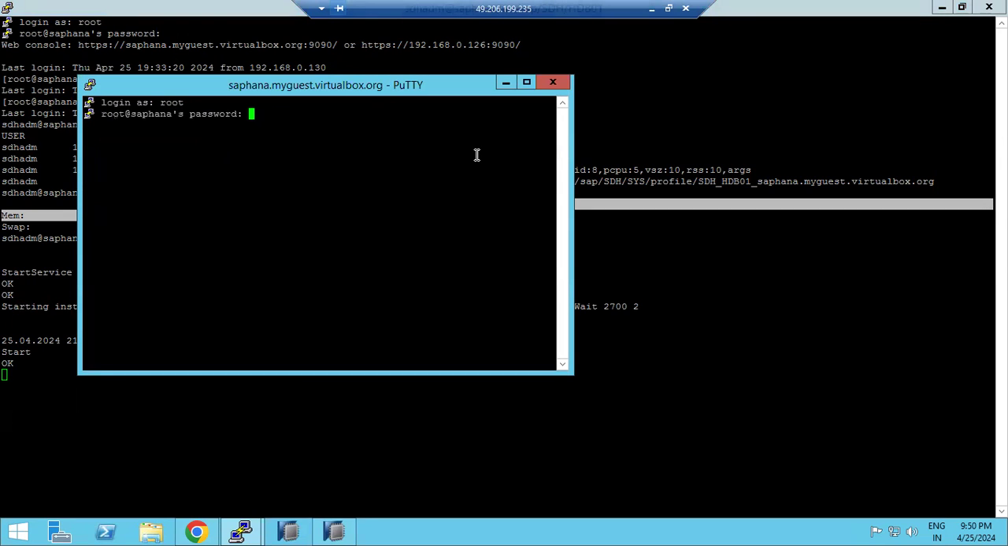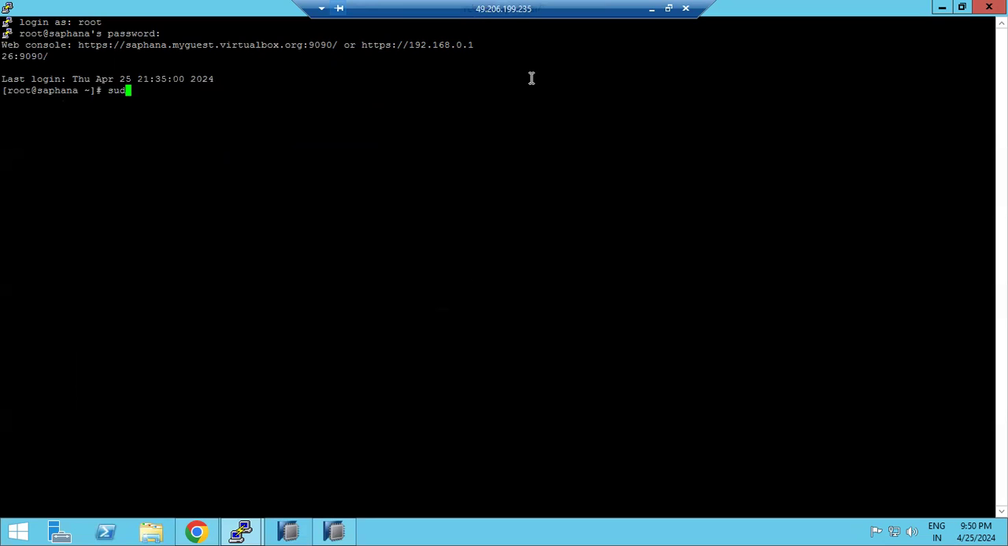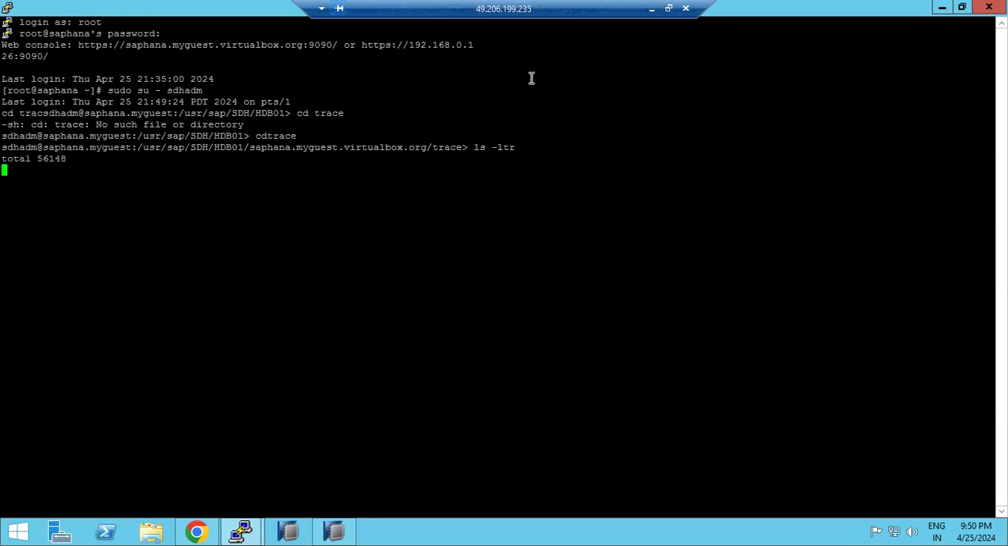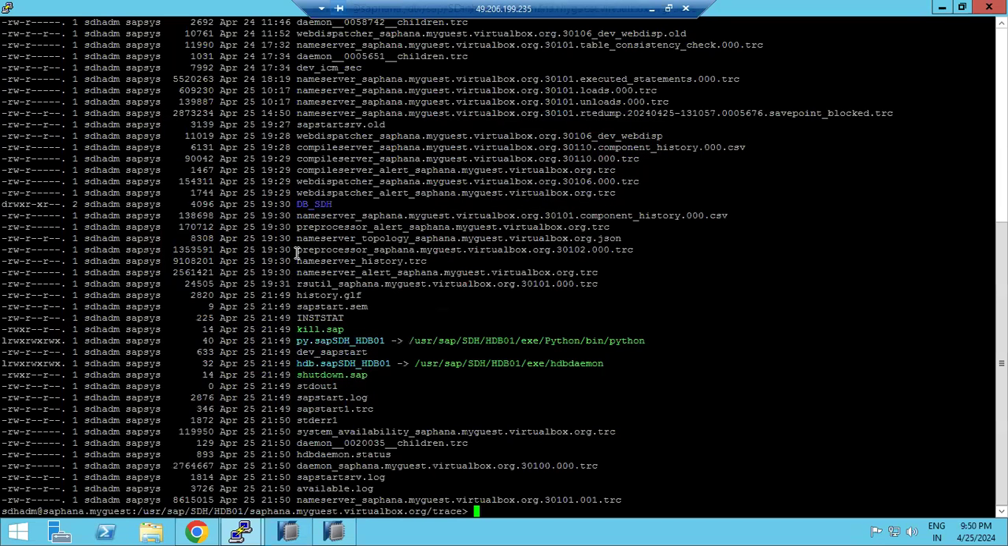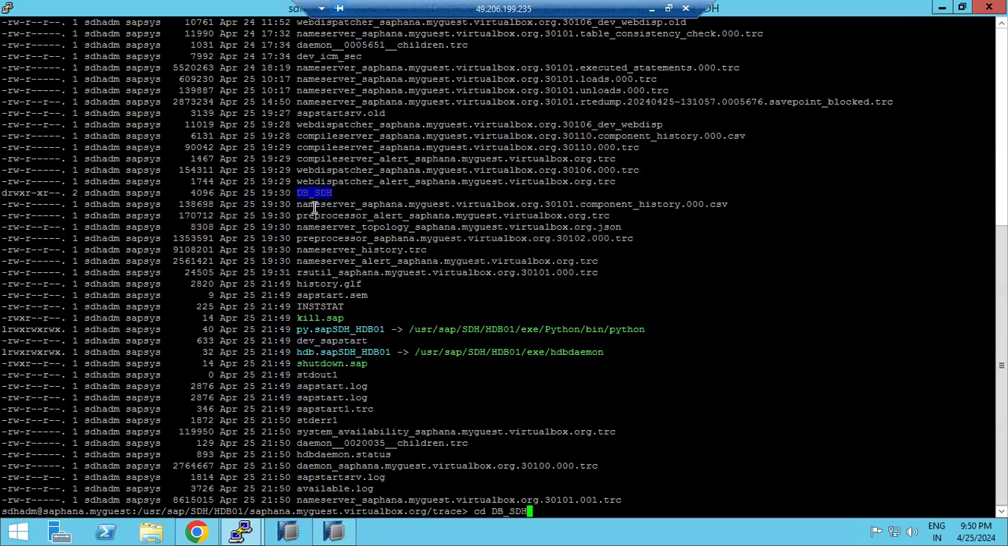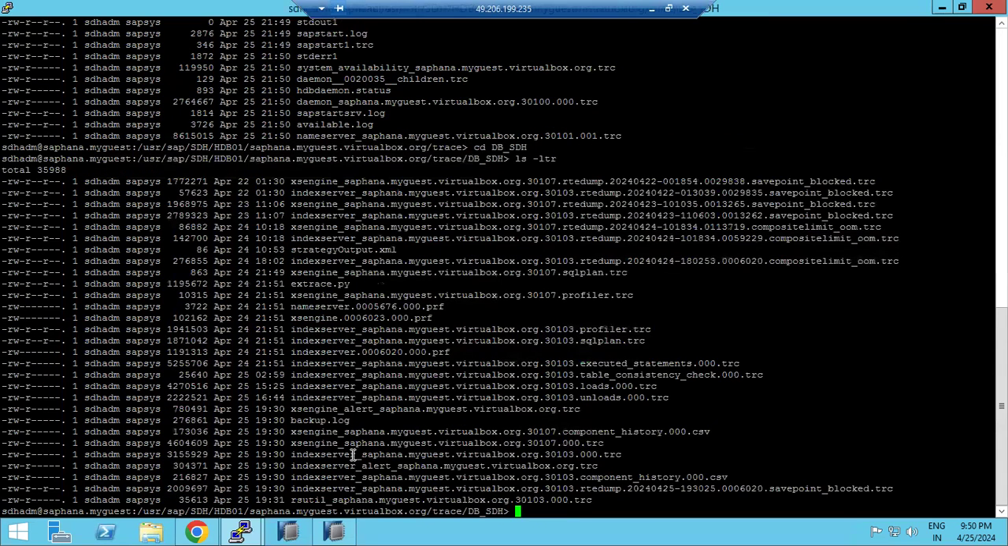Then I will show you the logs. I will show you the logs here. cd to the trace directory, at the file system level. Here we go to the index server. Why? Because all the data will be loaded into the index server only. Then if you check the index server log files here,